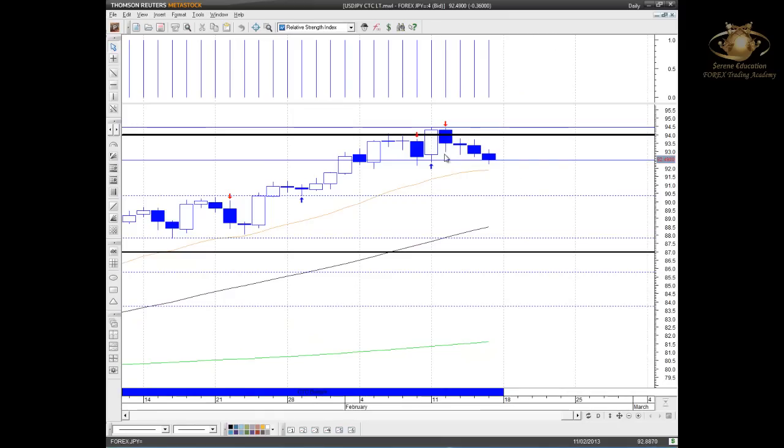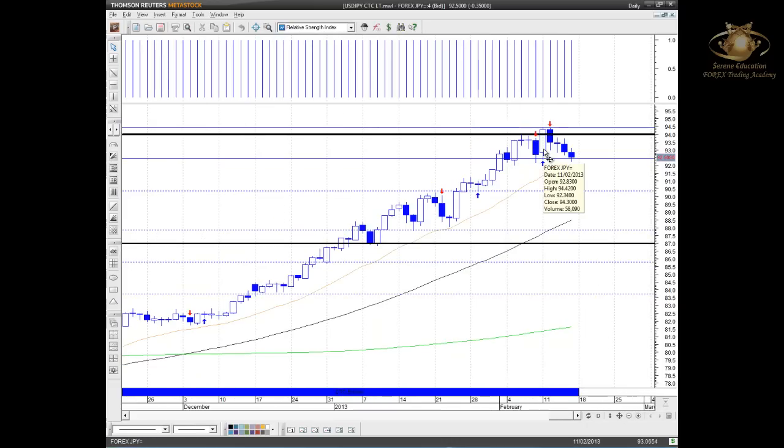If I just go to my daily, you can quite clearly see this hesitation now. End of last week going into the new week. This week, you can see that on Friday we had a nice bull bounce to the upside. However, it's been capped, and Monday, Tuesday, Wednesday, Thursday, Friday, we're sitting now moving lower.